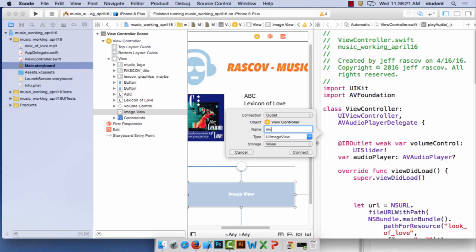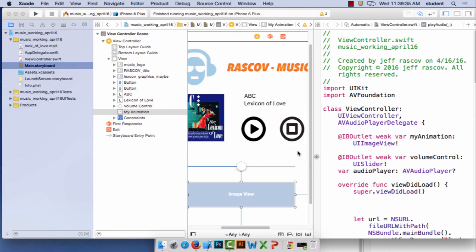How about we just call it my animation? Again, you make a connection from the graphic to here, and I called it my animation. Next, we want the animation to play, so you have to do what we did last class, which was cycle